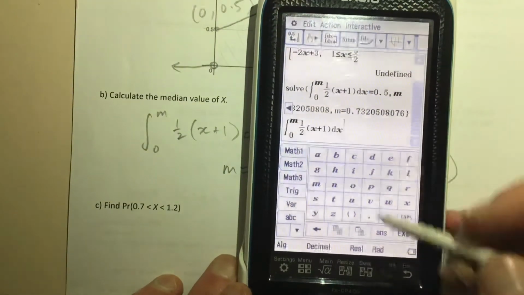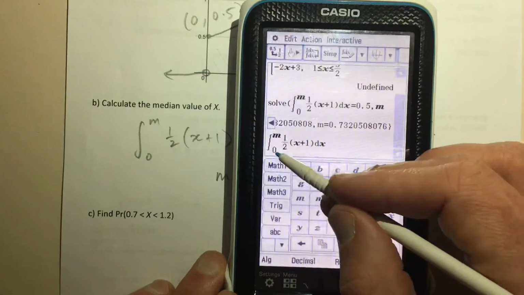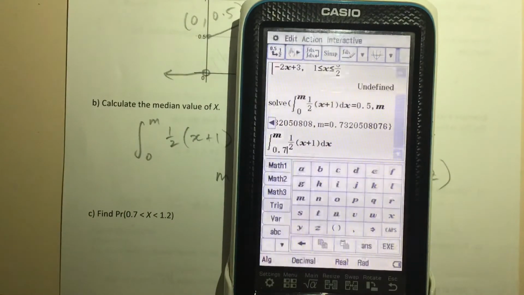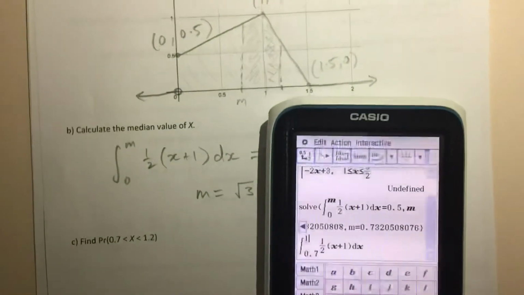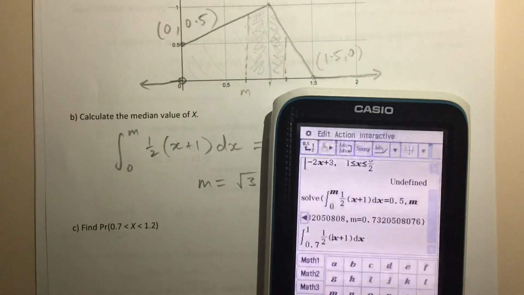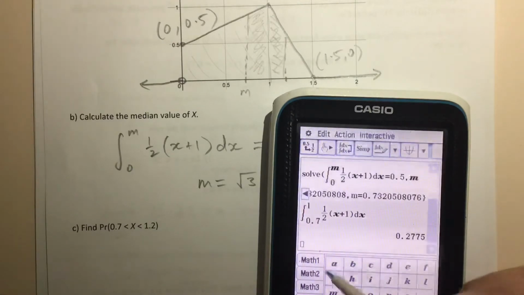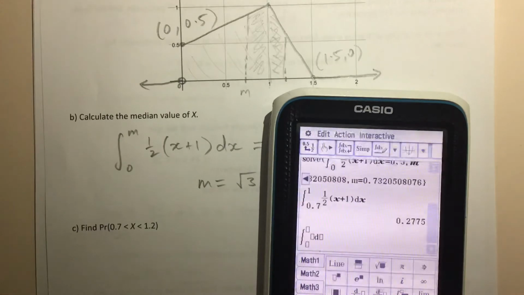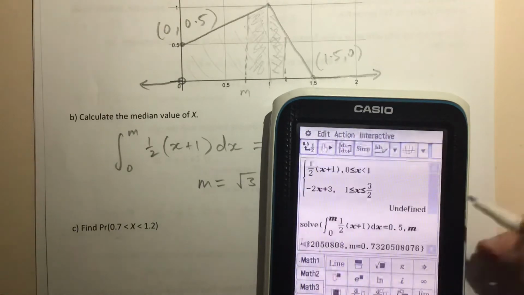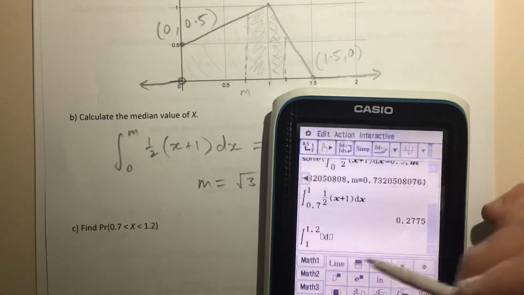again, I'm just going to be a bit lazy and use some copy pasting here. So we were integrating from 0.7 to 1 for the left-hand side of the area. And this is our function. So there's our first part of the area. Then the next part is the integral from 1 to 1.2 of the other linear part, which was negative 2x plus 3